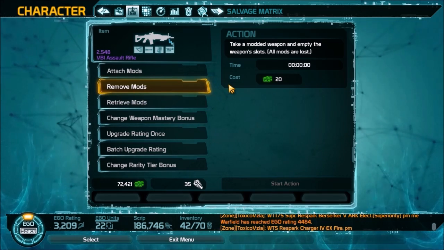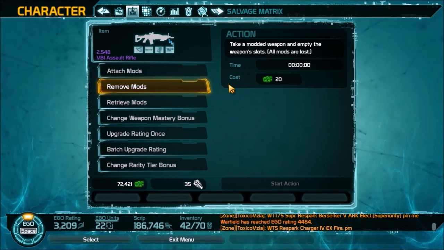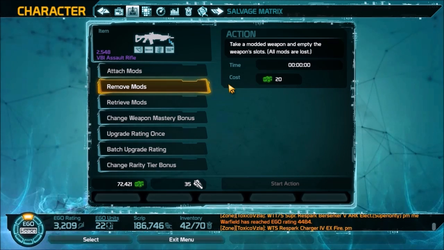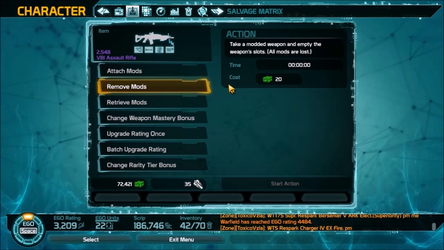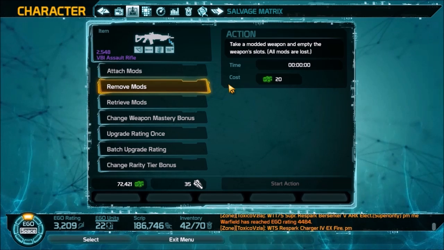You can continuously buy mods in the store. There's mod vendors for them. I didn't find these on the ground at random. You just go to the shop, you pick them up, you buy them, you attach it to your weapon. No big deal. The only time I see these useful is if you're getting mods from weapon caches and you